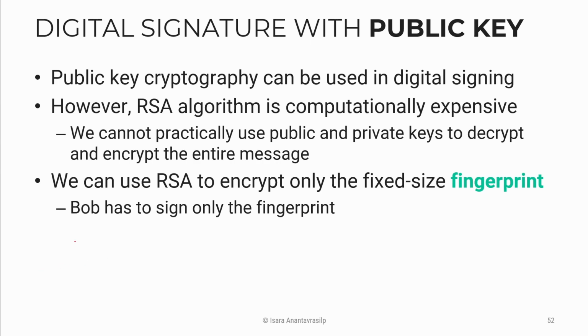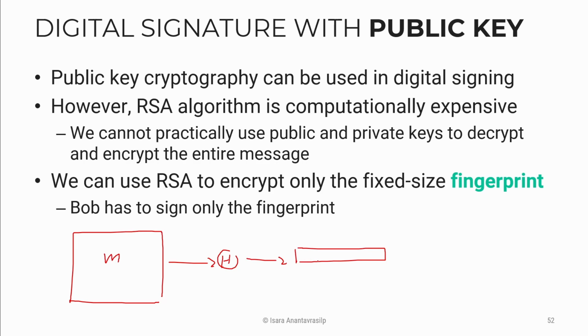As you may recall, one of the features of our hash function is that no matter how large the message is, once you apply the function, you're going to have a hash value of fixed length. For example, SHA-256 produces a 256-bit long result, and if you use MD5, the result you're going to get is a 128-bit long fingerprint. And because this is quite small, you can use RSA to encrypt this instead. Let's have a look at how it works.